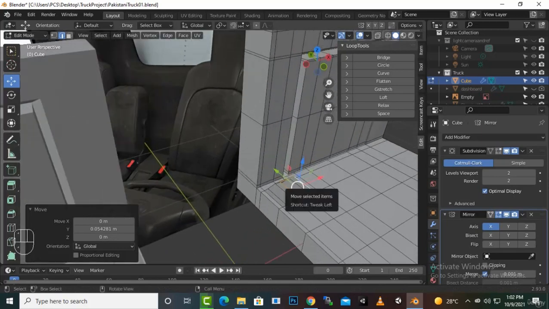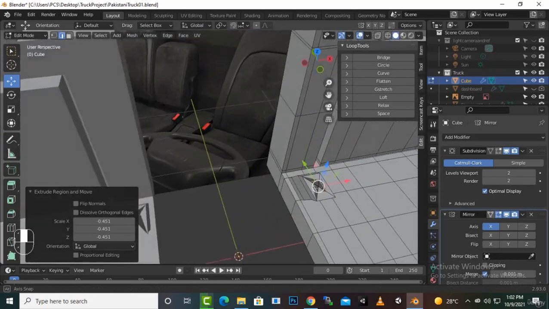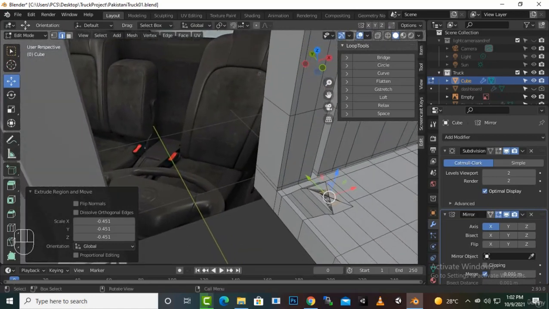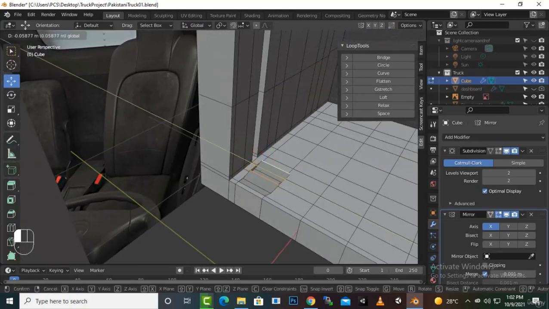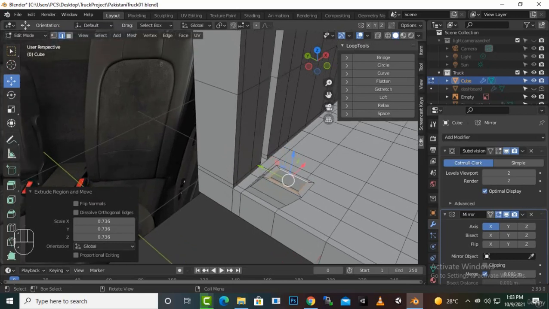And then we will just press E S. For some reason we can see this type of problem, so I will just move back, extrude back, okay, like here. And if we press E S, now you can see this is good, and we'll just press E Z again